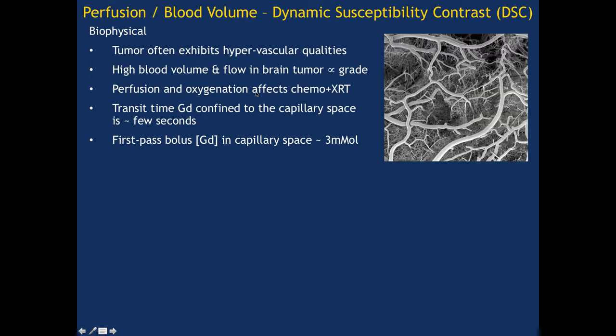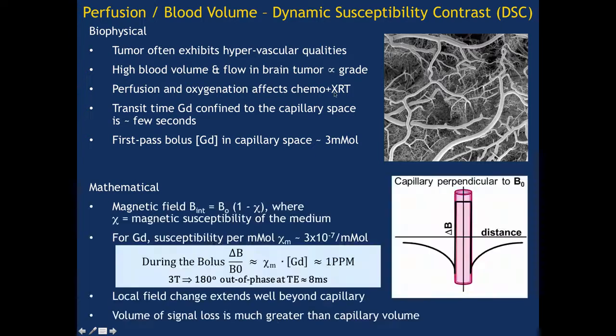An alternative is not to look at the permeability, but the blood flow. For that, often we'll use a technique referred to as dynamic susceptibility contrast, or DSC. The biophysical principle is that when the gadolinium is concentrated in the capillaries as it's passing through that very first time, as you inject a bolus of contrast in the arm, gets up into the brain,